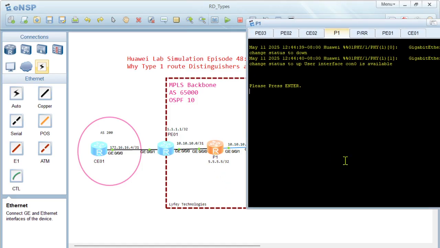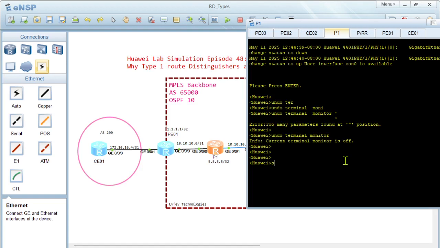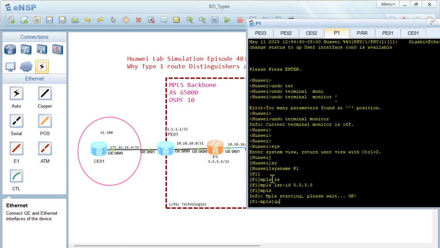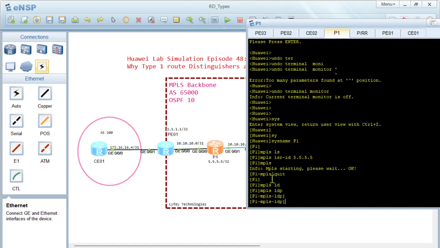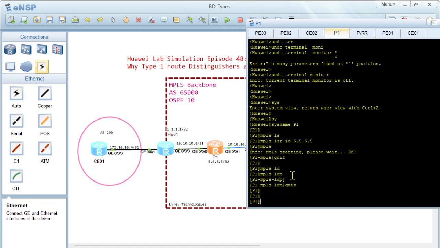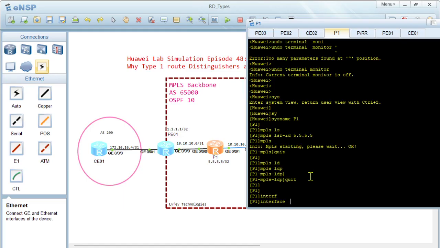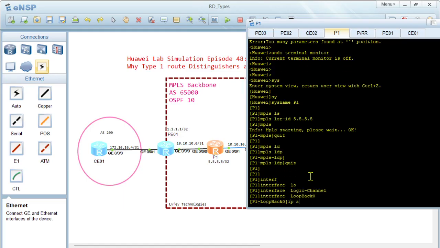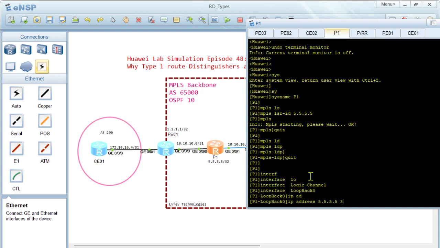For P2, the configurations are also very easy and straightforward. So I'll undo terminal monitor, system, and then sysname P2. With sysname set, you can now go ahead and configure MPLS parameters. So LSR ID, it's 5.5.5.5, MPLS, and then MPLS LDP. Once we've activated MPLS, we can configure interface parameters, interface loopback 0, IP address 5.5.5.5, mask is 32,